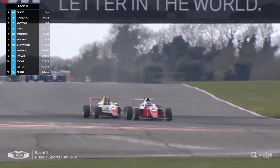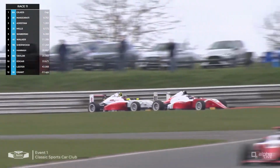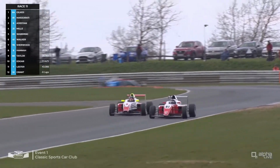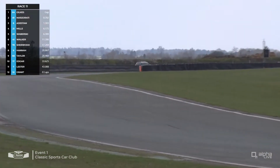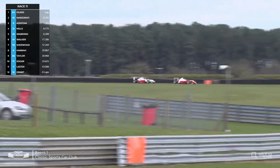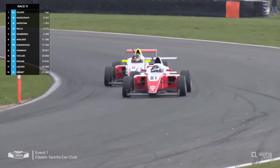Nelson. A bit of weaving around as Max moves one way, moves the other, tries to second guess as to what Elias Odestom is going to do. Well, the answer is he's going to try and get a better exit coming out of the corner. There's been a bit of contact between the pair of them because Elias Odestom has now got damage to the nose cone of his car. Not much. It's not affected the front wing. It's just clipped the front section of the nose cone off, and that might just affect the airflow over the front of the car as he heads round through Coram and up towards the braking area for Murray's for the